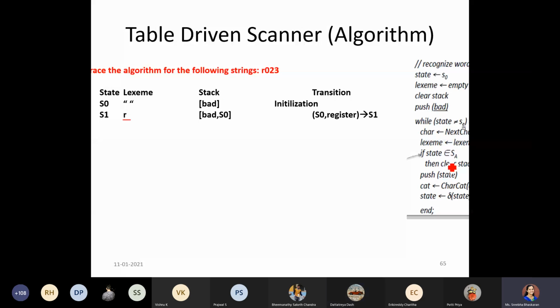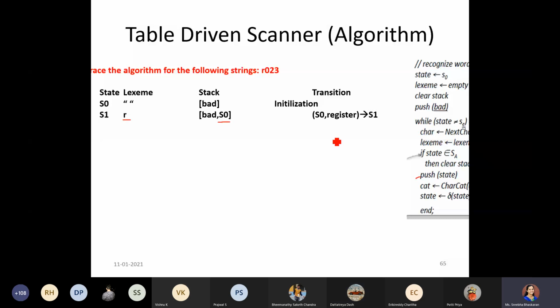S0 is not a final state, right? So we don't have to clear the stack. The control comes to pushing the content onto the stack. So we are pushing S0 onto the stack, and S0 is there on the top.